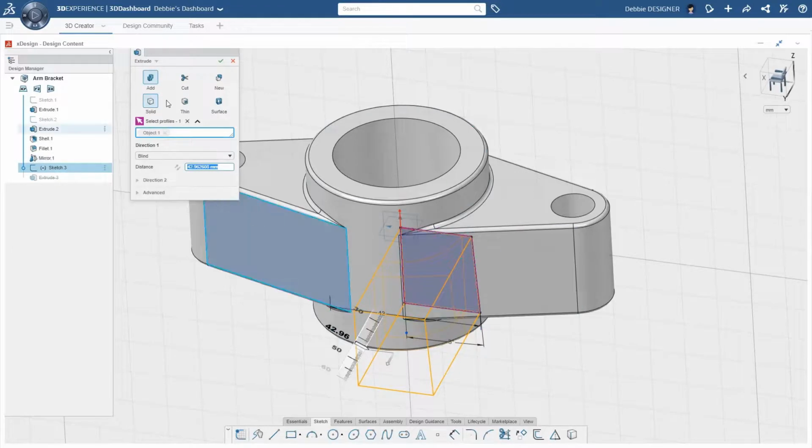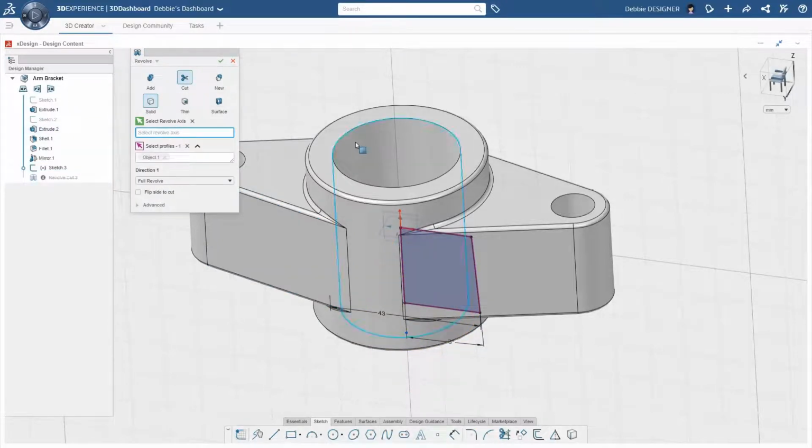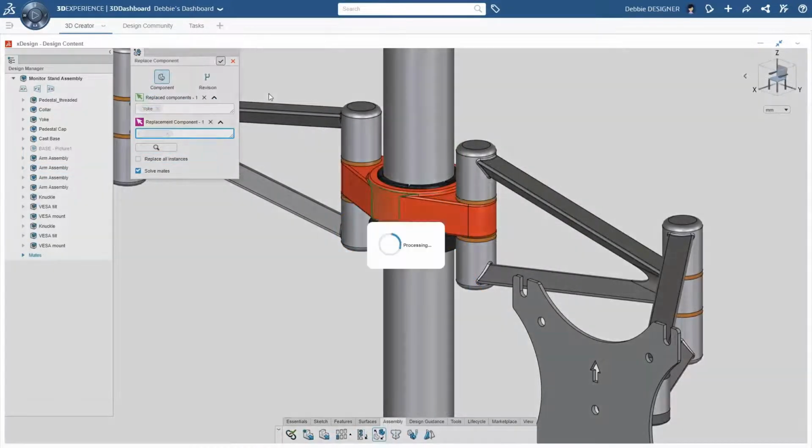Because of super features, she can simply pick the type of feature that she wants from the drop down menu. This not only saves her a few clicks, but it can work on features created much earlier in the design. Doing this type of operation in a conventional CAD system either isn't possible or may result in hours of rework. Now the new part is completed.